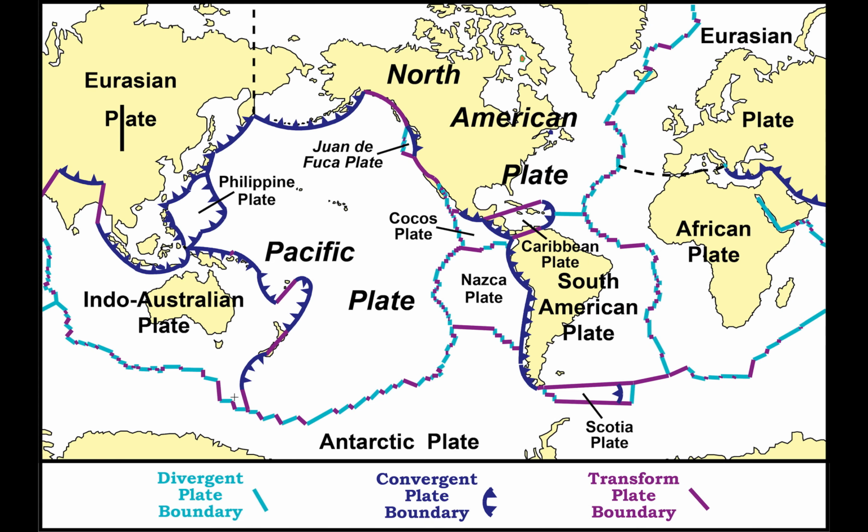Now with the Antarctic plate down here, it is divergent, which means they're spreading apart, creating ocean trenches, and there's volcanoes. With the Pacific plate and it being convergent, there is this thing that is called the Ring of Fire, which is completely all around, and it is like a horseshoe. It's almost horseshoe shaped, but that is where volcanoes are known and where the plate is known to have the most